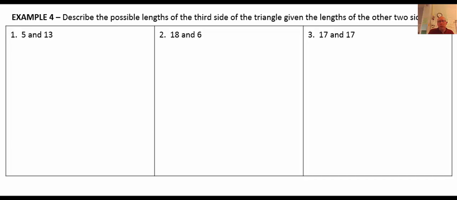Now this is done using theorem 6.10, the triangle inequality theorem, that states that the sum of the lengths of any two sides of a triangle is greater than the length of the third side. What we're going to do here to shorten this up is to pretend two scenarios. The first scenario is to look and see that these two sides here are our smallest sides. So when we add them together,